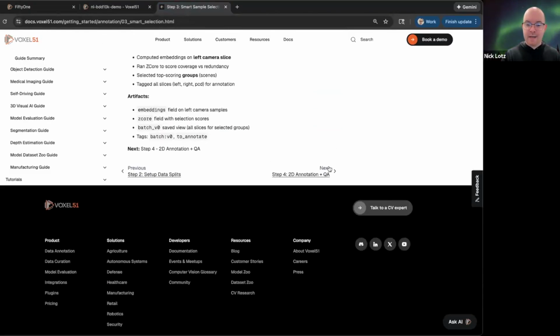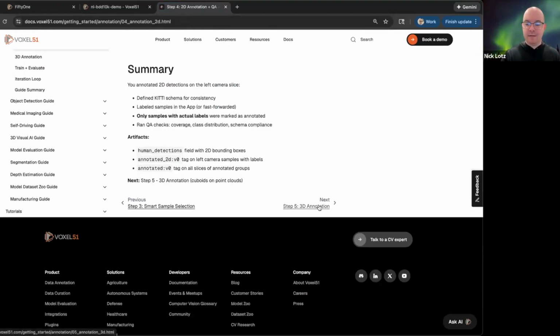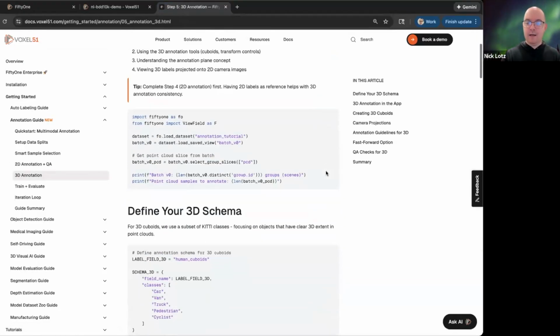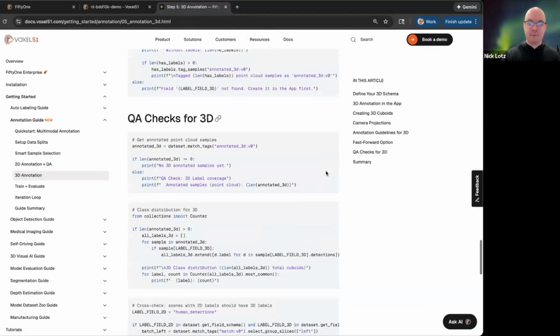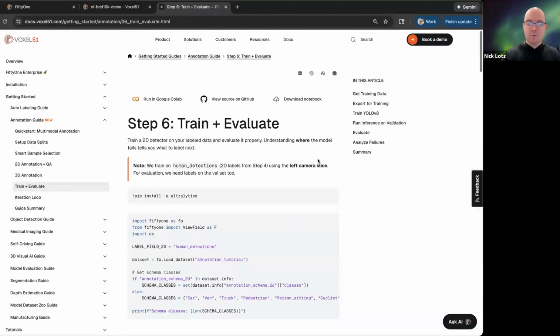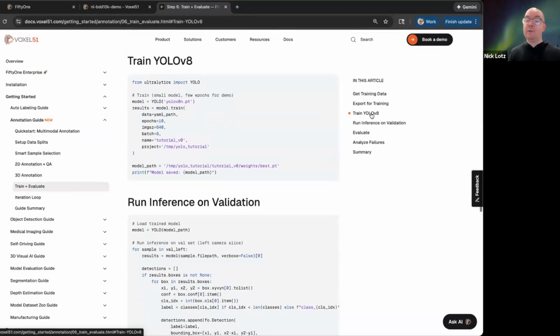If I go to the next step in the tutorial, actually to step 5, so step 4 here is annotation QA. You can again create cuboids and 3D annotations in the app as well. What you can then do is train your first model. The tutorial example has this fine-tuning a YOLOv8 model, and then from there,